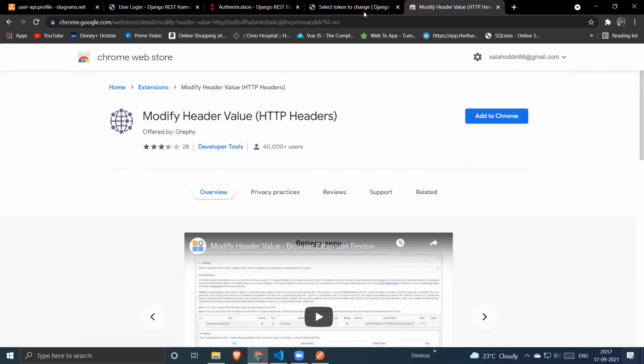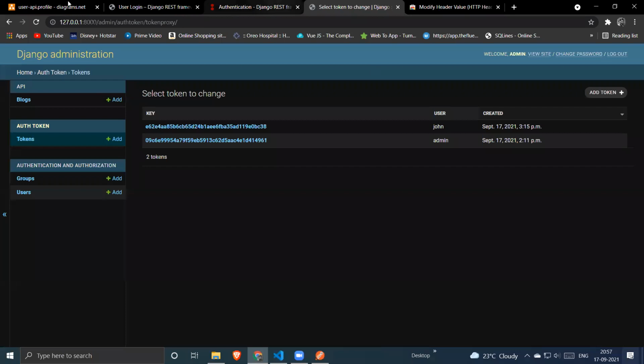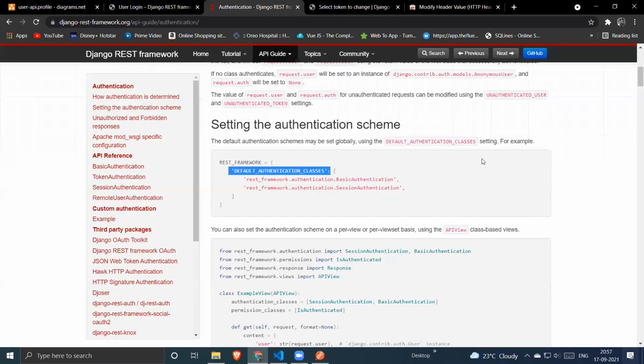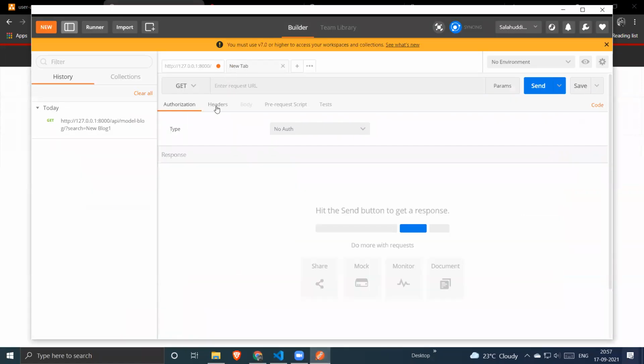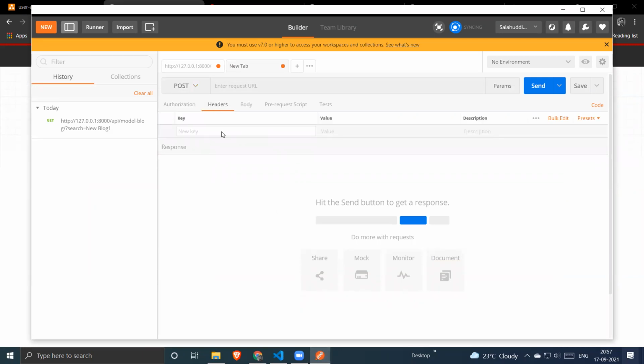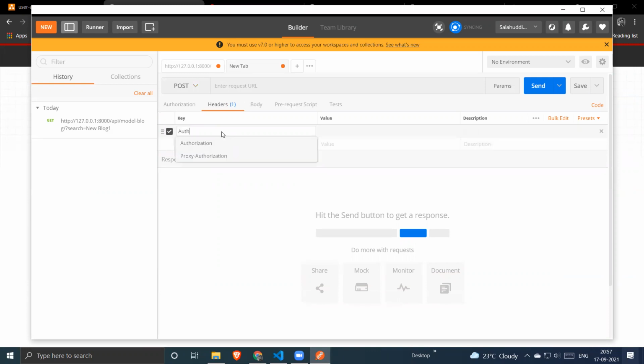For your API, you can also do one thing. In Postman, let's make a POST request, and in the headers you have to write a key-value pair. The key is Authorization, and the value will be Token, space, your actual token.